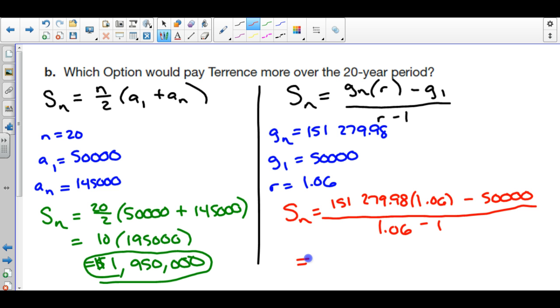Okay. And I'm going to throw a bunch of this in my calculator. First, I'm going to do the 151,279.98, and I'm going to multiply that by 1.06, and I get 160,000 and some change. I'm going to subtract 50,000 right away. So I'm going to get 110,356.78, and I'm going to take that over 1.06 minus 1, which is just 0.06. This is going to come out to a huge number. And it comes out to